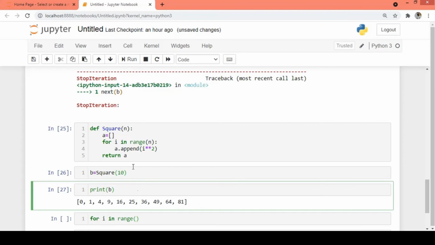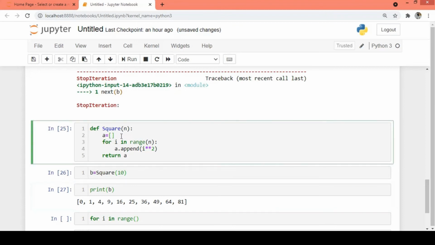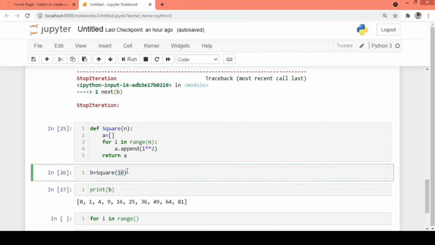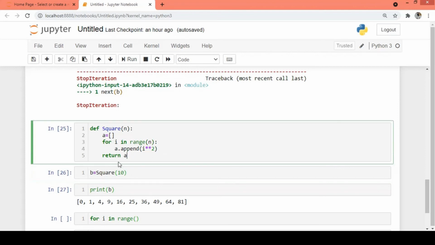If you follow this method to print squares by storing all the values in a list, it is not memory efficient. It will consume all the memory, same as the previous example. For example, if you want the squares of a million records, it is time consuming and not memory efficient. So instead of this return,